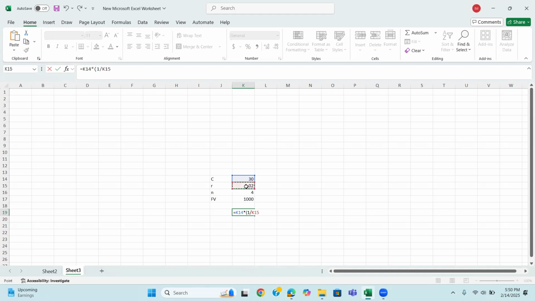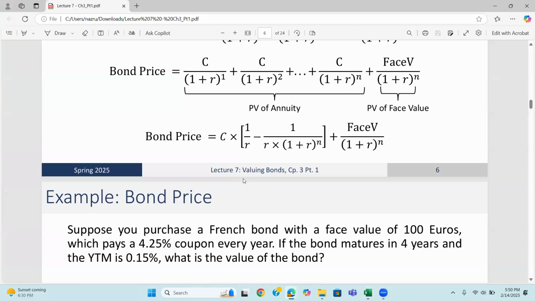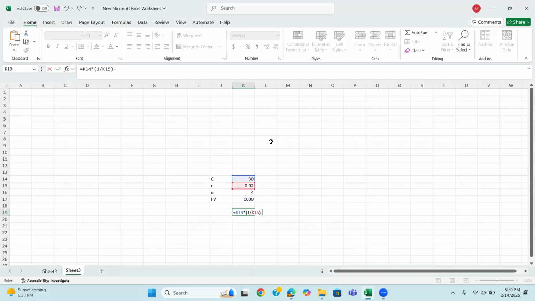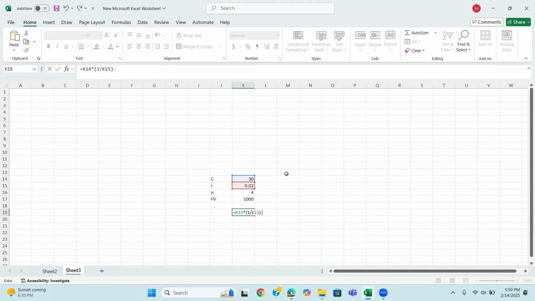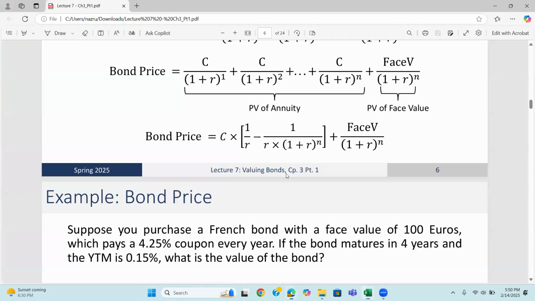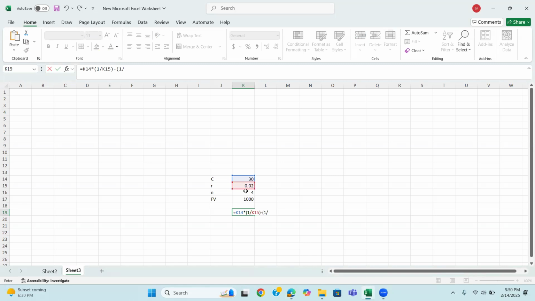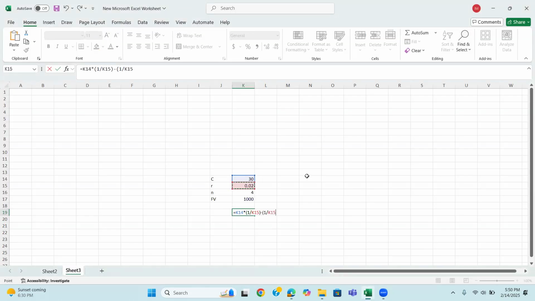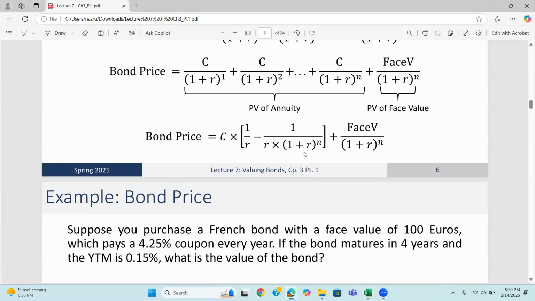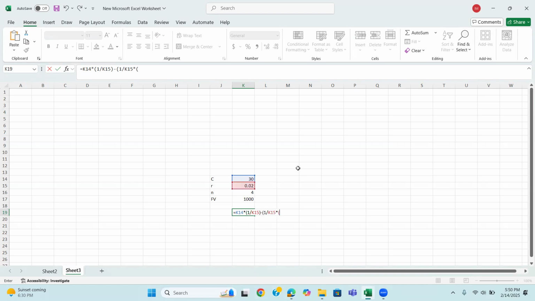So click on that cell, close the bracket, and then minus, then again 1 over R. Our R is 0.02, and then again multiply by 1 plus R, which is actually